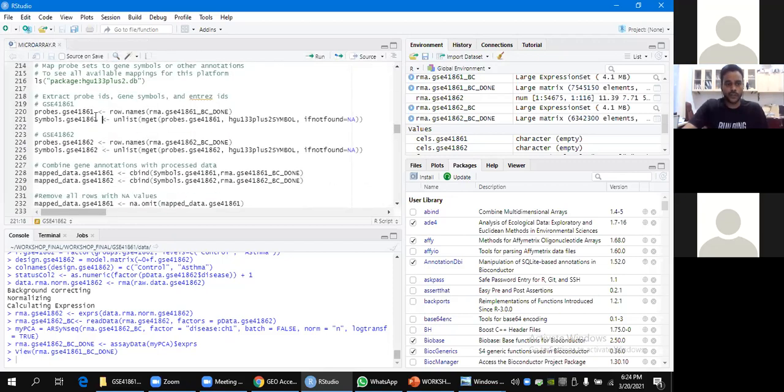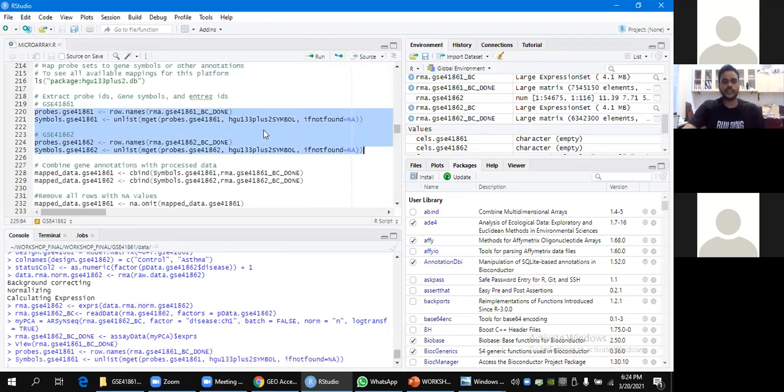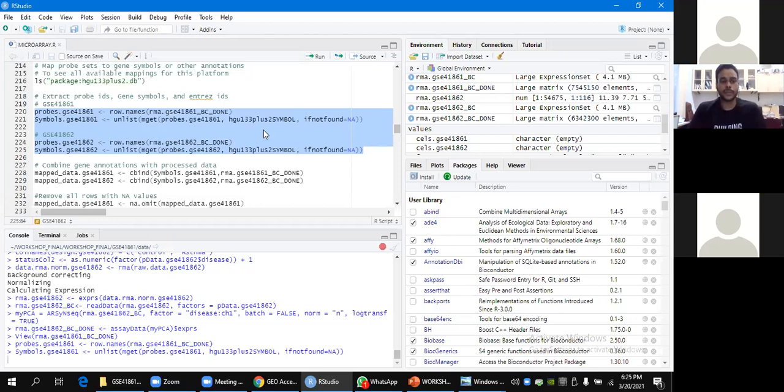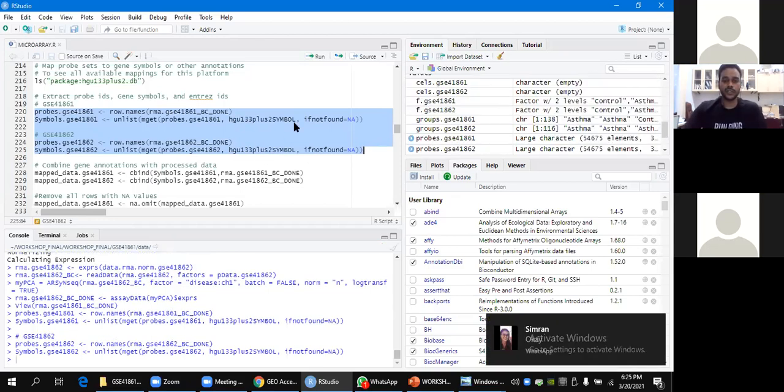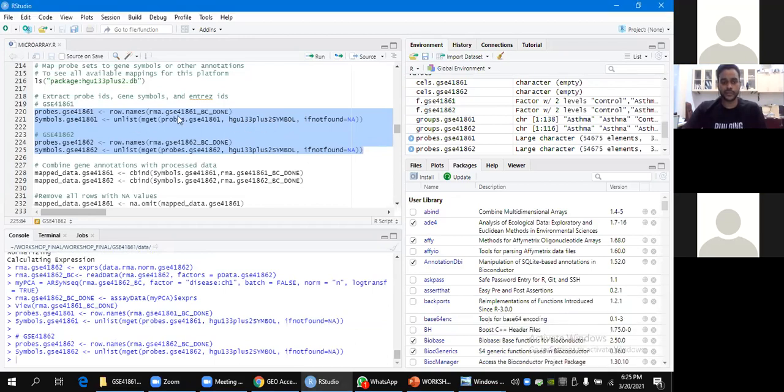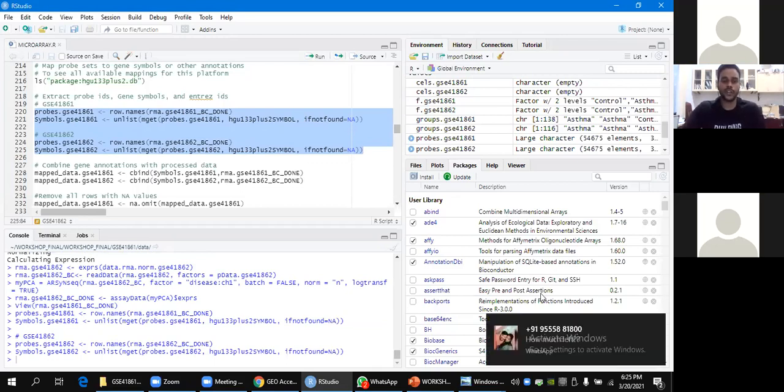Now for probe ID to gene symbol mapping, we will be using the package hgu133plus2.db. And we are saying that if the manufacturer annotation cannot find the gene symbol for that particular probe ID, place NA corresponding to that, meaning not available.